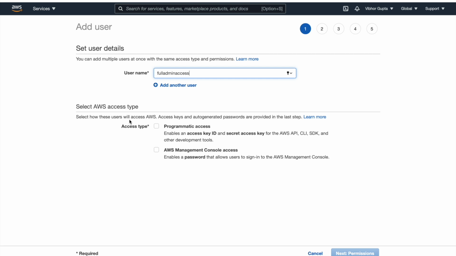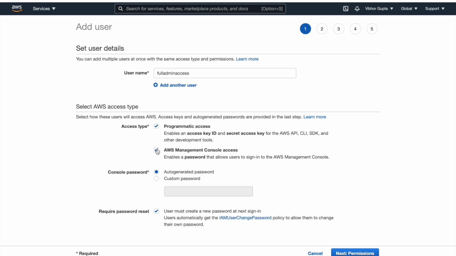Now in access type, we have two types of access: programmatic access, that is for CLI and API login, and management console access, that is the graphical user interface access, which is what we are doing right now. For this, we are going to give programmatic access as well as AWS management console access. Now we have to select a password.